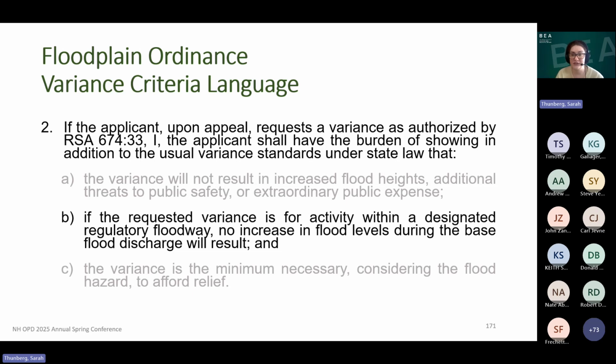Additionally, the burden of proof rests on the applicant or the developer, not FEMA or the local community, the state, or other agencies, to demonstrate that scientific data were used to determine that no increase in flood levels would result from the proposed development. And when I say no increase in flood levels, I mean not even an inch. There is no increase in flood levels allowed. Sufficient proof may include, but is not limited to, studies provided by an appropriate licensed professional, whether that's a surveyor or an engineer.